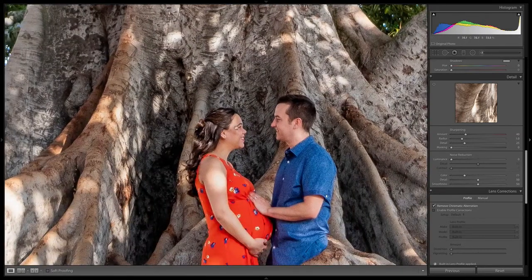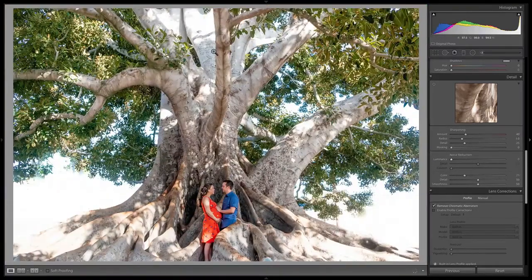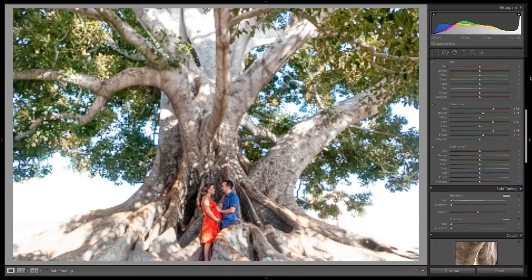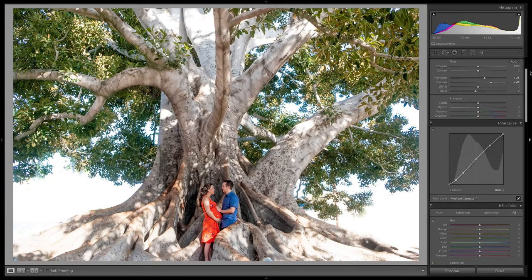Now, we added clarity to our faces, so adding noise reduction kind of combats that, so you kind of have to decide which one you want to add. But if you're kind of worried about that, you can turn on some noise reduction, so overall, it loses it. Okay, cool. So this is a maternity photo, a portrait of two people, just a fun edit, a more creative edit as well with colors and things like that.